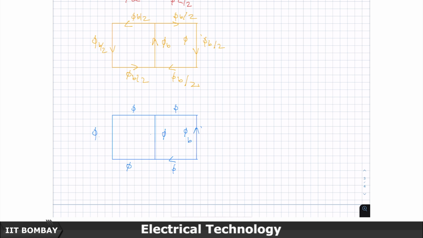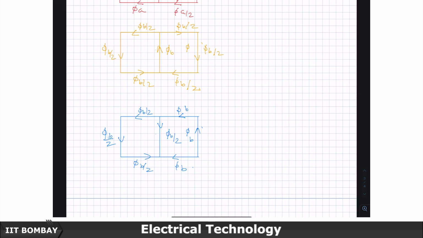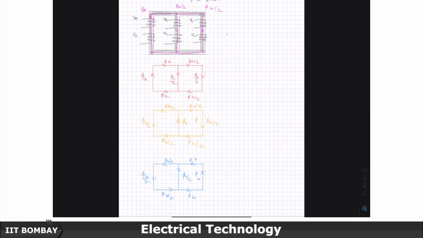So, the phi C will come here, will move as phi C here, will split phi C by 2, phi C by 2 will move here, phi C by 2 will move here, and these are the three R y b. Individually, if each one of them were excited, then this is how the flux profile will